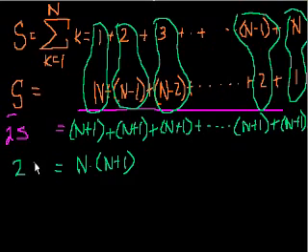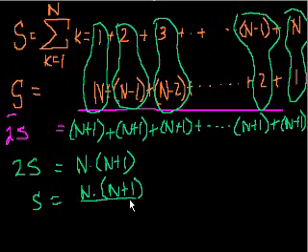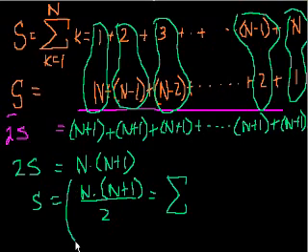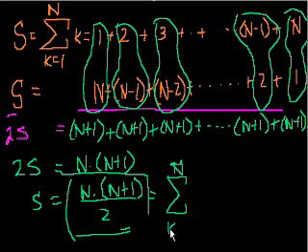So we have 2 times the sum is equal to n times n plus 1. And we could divide both sides by 2, and we get the sum is equal to n times n plus 1 over 2. Now, why is this neat, or why is this cool at all? Well, first of all, we found a way to sum this sigma notation up. We got a well-defined formula. And what makes this especially cool is you could use this for